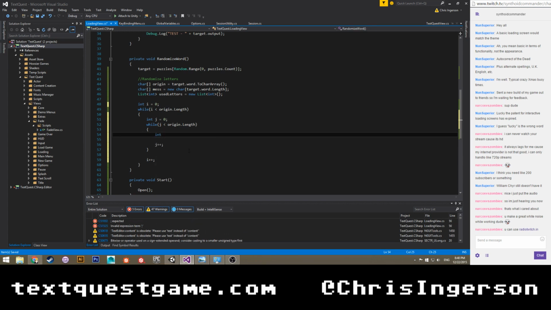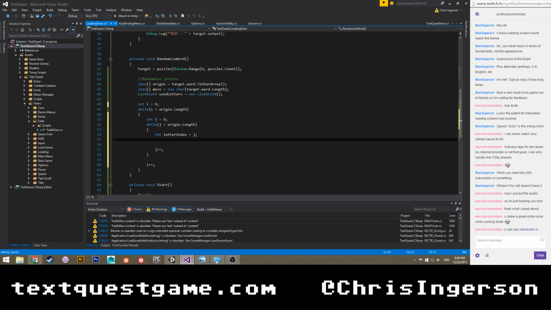Int letter index equals j. Int word placement index equals random dot range from 0 to origin dot length.